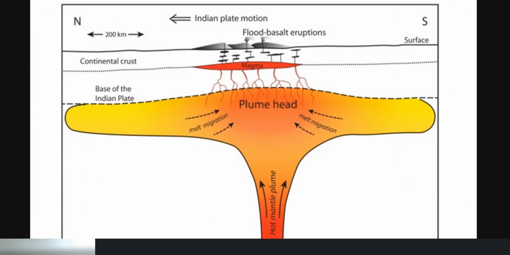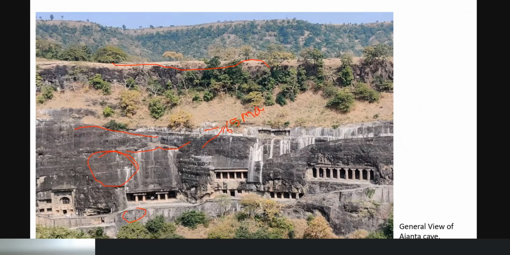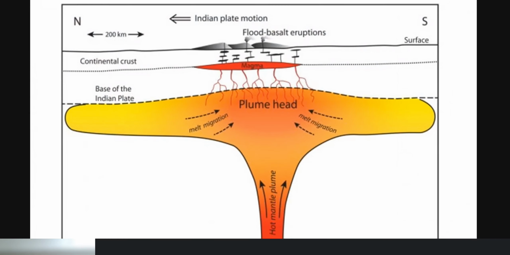So how did we get this large type of rock formation? These are basically basalt flows. How have these been formed? They have been formed through